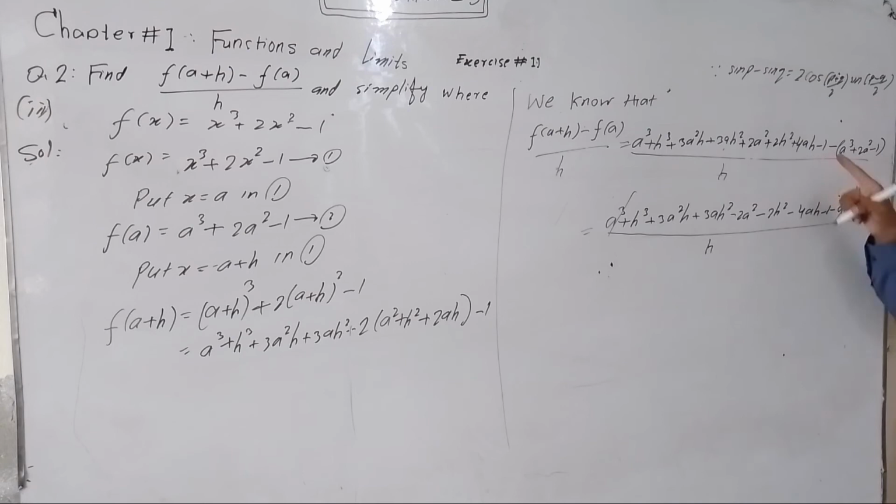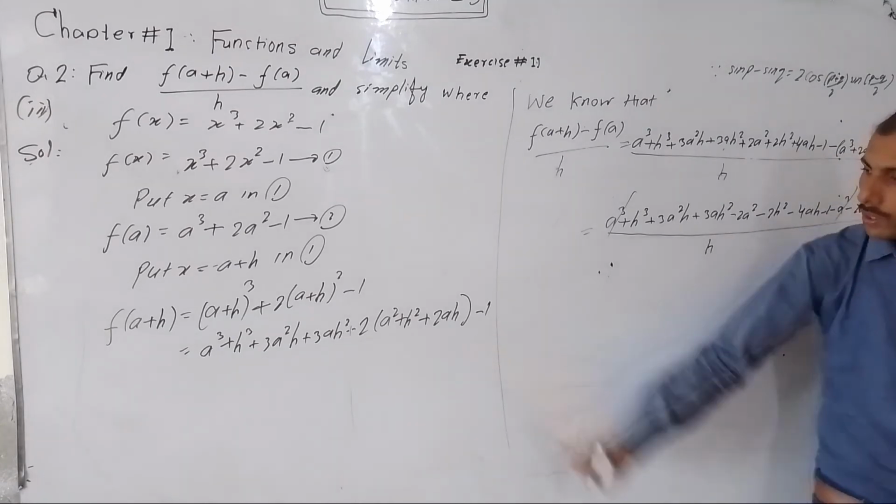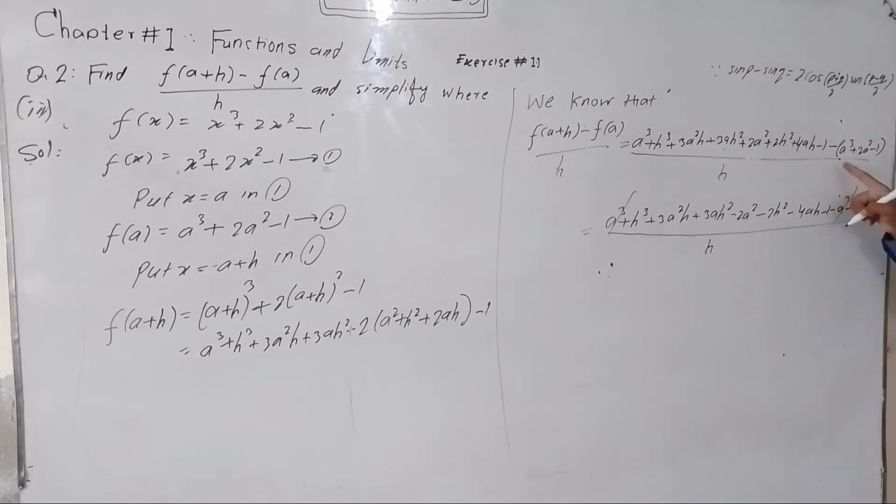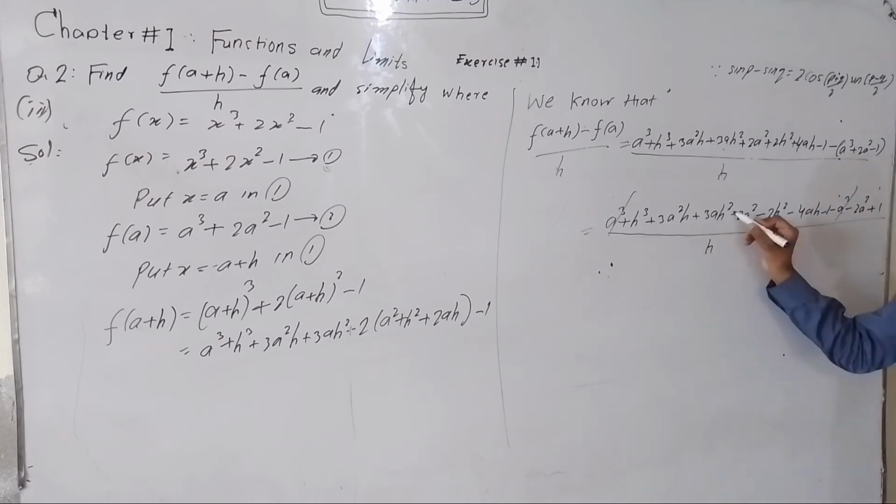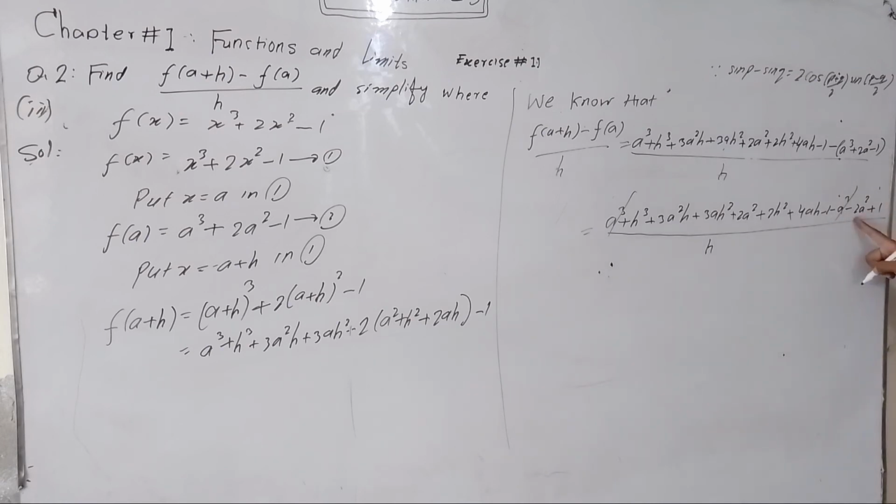Next minus 1, so minus 1 into minus, that is positive. Minus 2a square plus 2a square cancel. Next